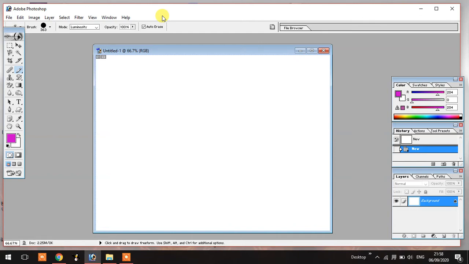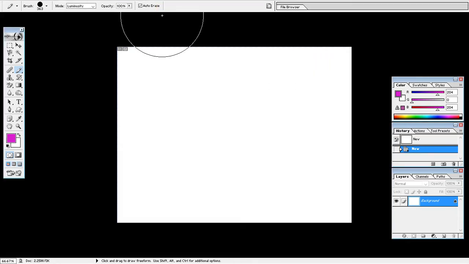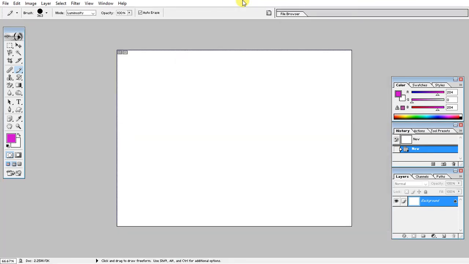When you press F on your keyboard, it displays your layer in full size. Again press F button to display the layer in completely full size, and again press F to come to the original shape. Okay, so first of all I press the F button to make it full size.